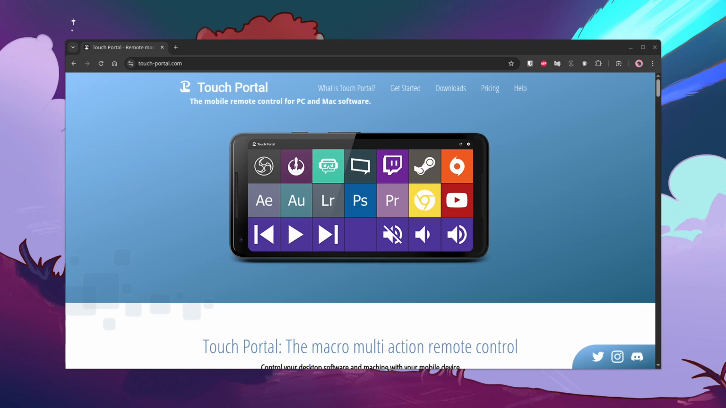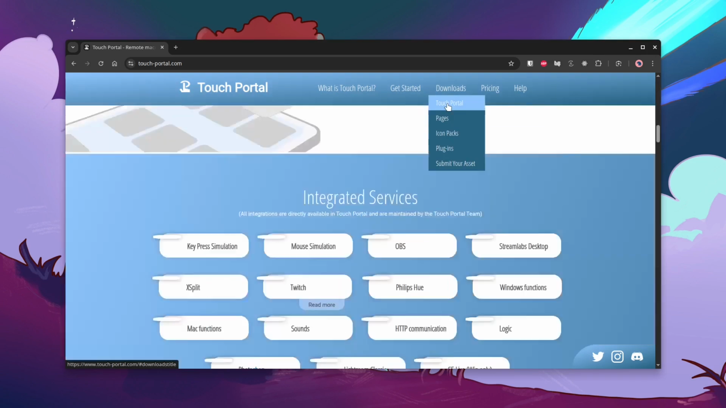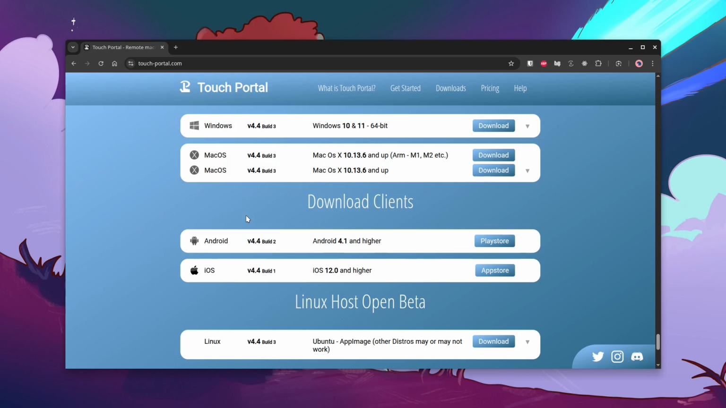So I'll get straight to the point. I'm going to use software called Touch Portal, and I'm on Linux, Fedora, KDE. First thing you want to do is go to touch-portal.com, and you can just go to downloads, and you can download this for your system, Windows, Mac OS, and